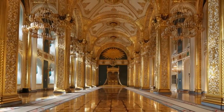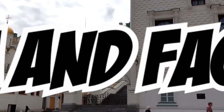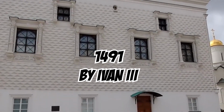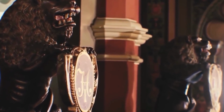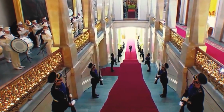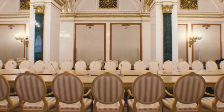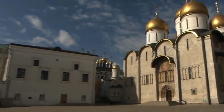From the Grand Palace, let us take a walk on the west side of the Kremlin, where we can find the Palace of Facets, built in 1491 by Ivan III. It houses the gold-lined statues of Tsar's imperial thrones, which defend a cascading red stairway. It also has a golden reception area for ceremonies, as well as secret tunnels beneath it that lead to the